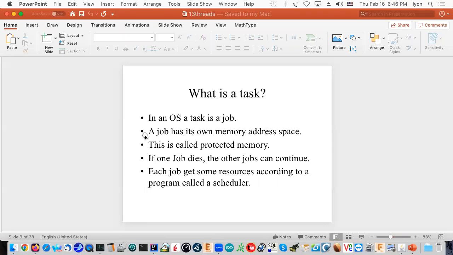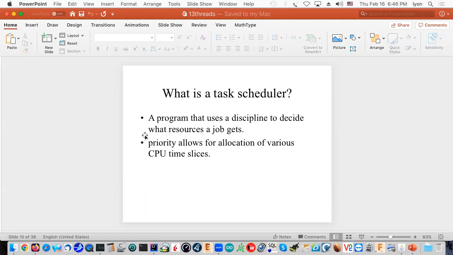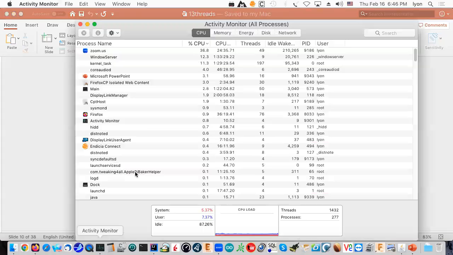If you have a protected memory system and let's say Photoshop crashes, hopefully the rest of the operating system does not crash. You need a task scheduler for threading. You need a task scheduler for multitasking. So when you look at something like this, you can see there is a task scheduler here. When you look at something like,